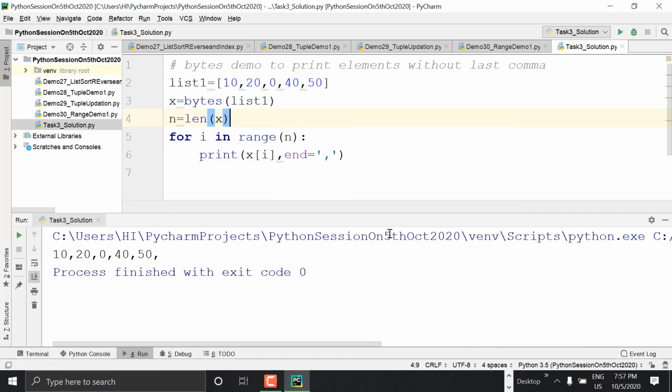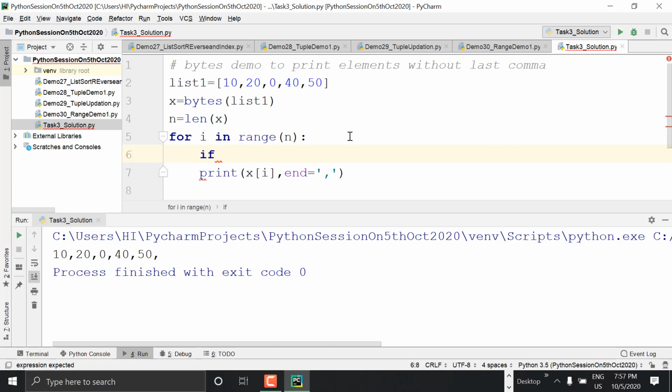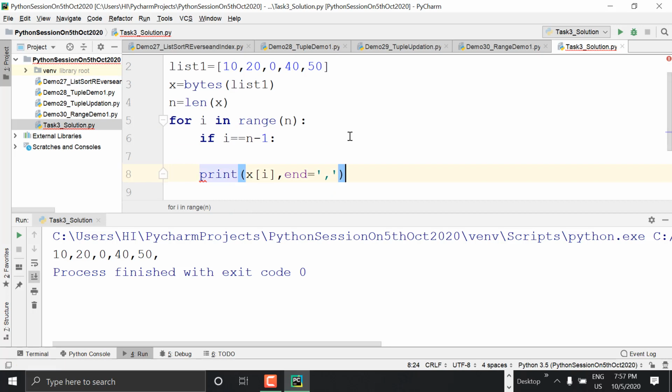Okay. But now I'm keeping an if condition. Actually, if is not yet completed. So let me write if condition so that you can understand. If i equal to n minus 1, okay, what to do? I want to print this without any comma. Else. So what is meant by else? So that is nothing but other than length minus 1. So other than 50. So this is 0, 1, 2, 3, 4. Length minus 1, for 50 you need to print space. Remaining elements I want comma. So this is the way to work with it.